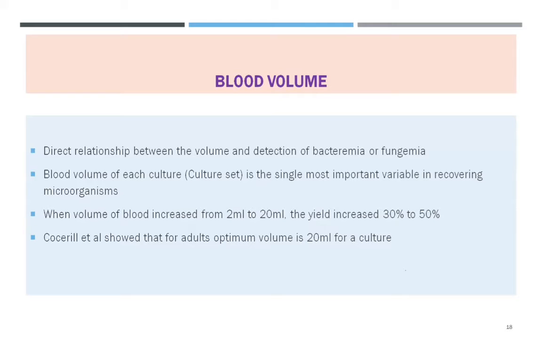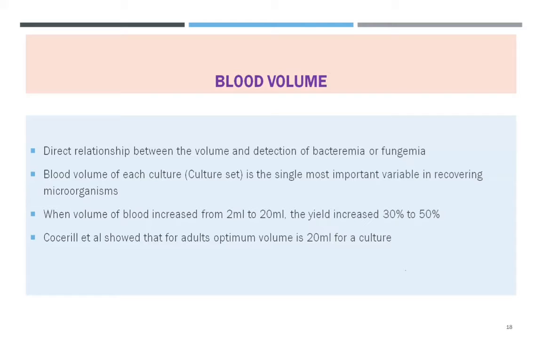contributes to one set. If you take 2 bottles from one prick of the body, those 2 bottles consist of one set. If you take 3 bottles from that one prick, it's the 3 bottles of one set. If you do 2 pricks on both the hands and collect the bottles from the 2 pricks, that means we are collecting 2 sets. So every prick corresponds to one set, with respect to the number of bottles that we collect from each